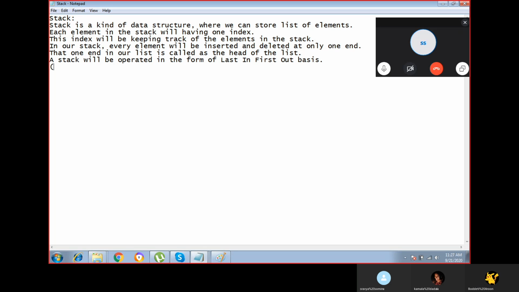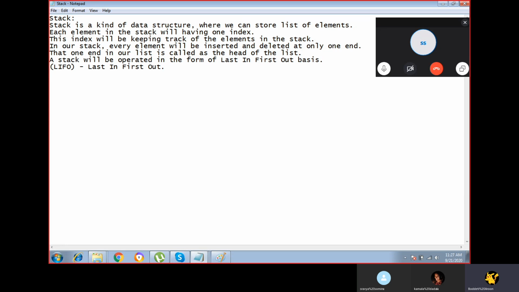LIFO is the full form: last in, first out. The stack will be operated in the form of last in first out basis, and that one end is called the head of the list.